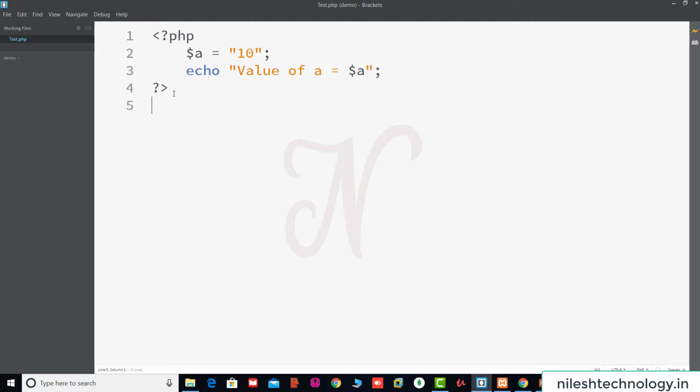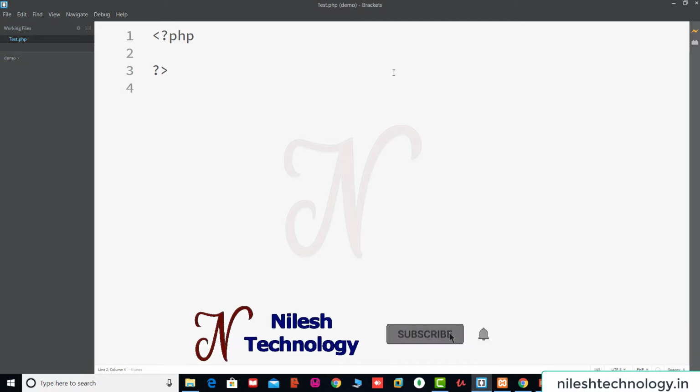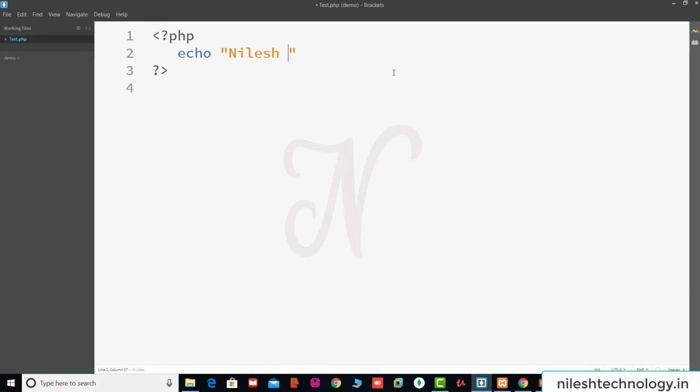Here is one program which we already saw in the previous video. Here we remove this code. First we will see a simple example using echo. See here, echo, first we add Nilesh Technology in double quotes.